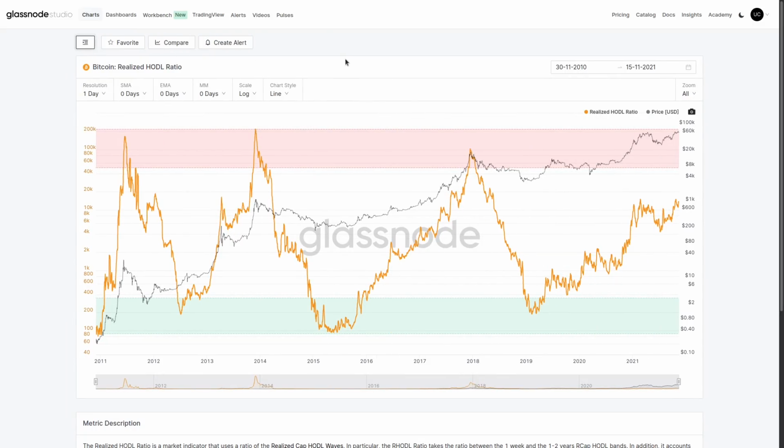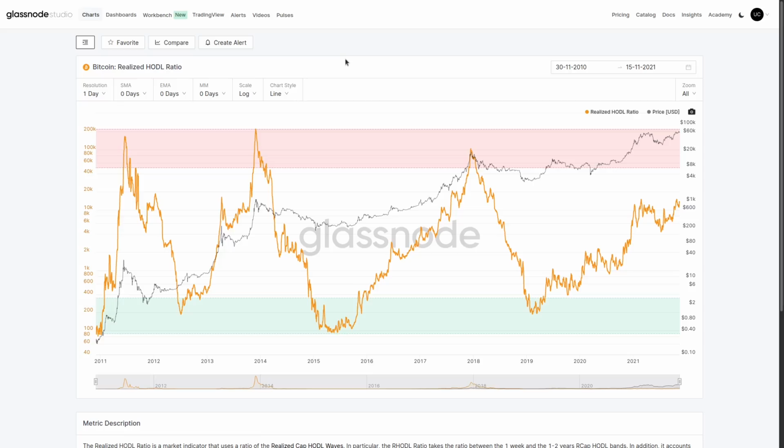Now, moving more into an on-chain native type metric, the realized HODL ratio, which we often abbreviate to RHODL ratio, is a really fascinating metric that was originally developed by Philip Swift. What this does, at cycle bottoms, is we generally see that old hands, people who understand the market, are willing to hold for a long time, and they generally hold the most supply. And we map this by looking at the 1-year-old coin bands.